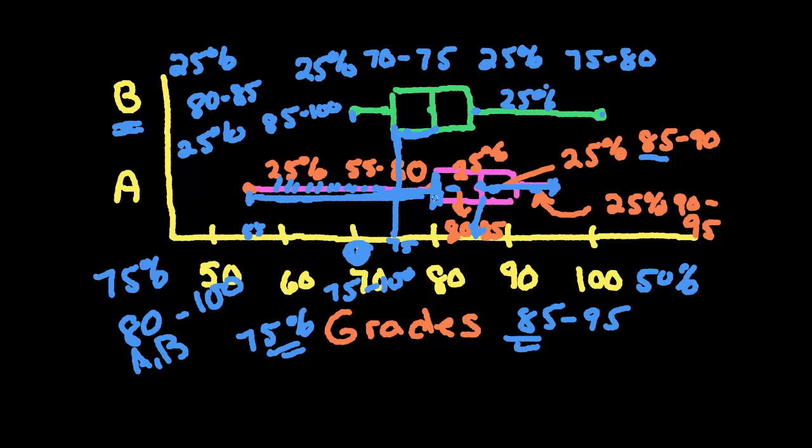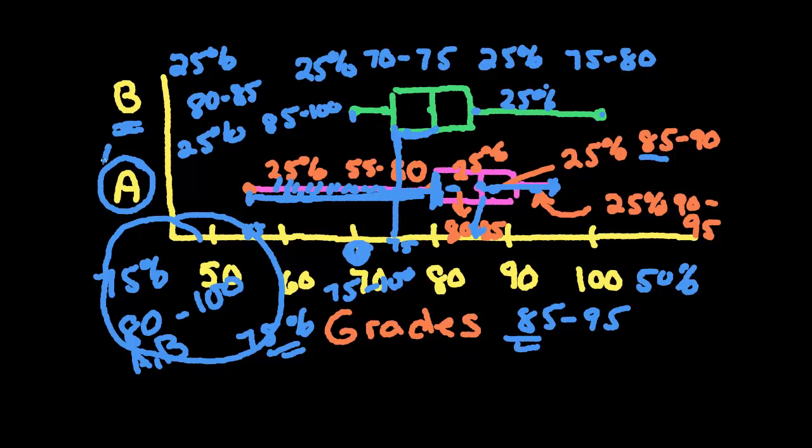So you could argue it both ways, but personally, I like the fact that 75% of the students got an 80 or above, and that I'm going to have an A or a B in Class A. And I know I'm not going to be one of those 25% down here, so my choice would be to say that Class A is the class I would rather be in than Class B. Maybe it depends on what type of student you are. All right, so